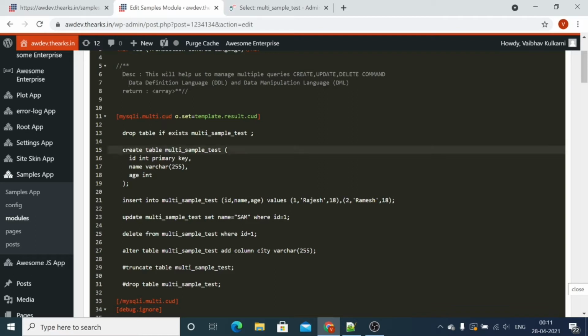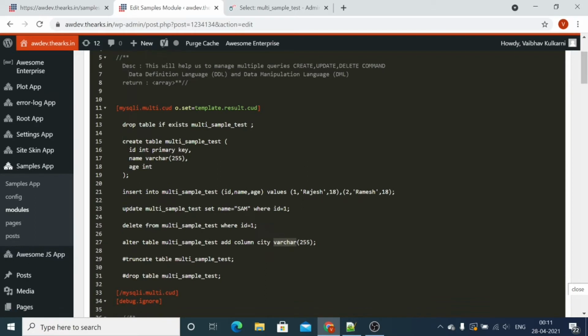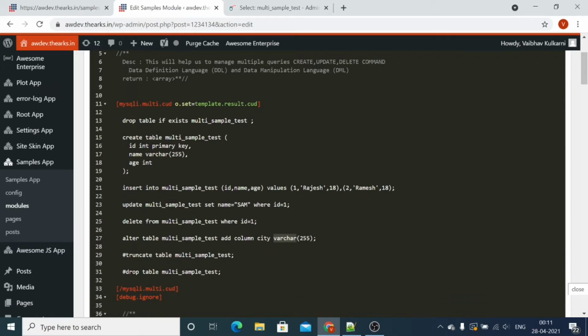So let's check how this will work. This will drop the table if the table exists, then it will create the table. It will insert one row, then it will update the record whose ID is 1. Then we are deleting the record whose ID is 1 and we are altering the table by adding one column, city, with varchar, and then we will truncate this table and drop the table after execution of this.